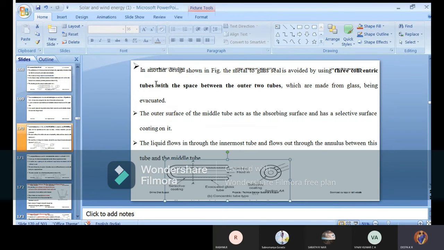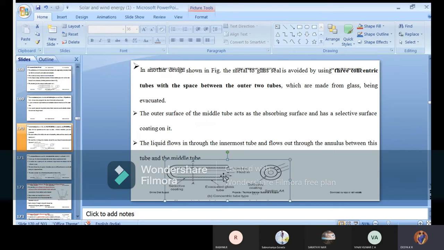They are using three concentric tubes. So you can see one, two, three, with the space between the outer two tubes. The outer tubes are giving an outlet and the middle one is acting as an inlet. Then the outer surface of the middle tube acts as an absorbing surface, with a selective surface coating on it. The outer surface of this glass is a coating surface as well as a selective surface, and this plays a very important role in making the system